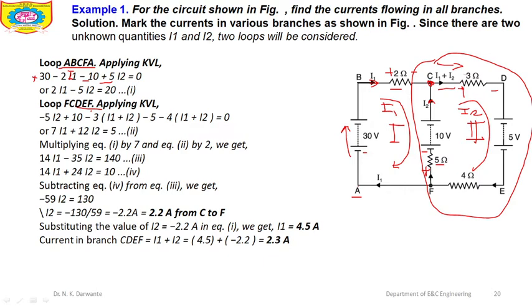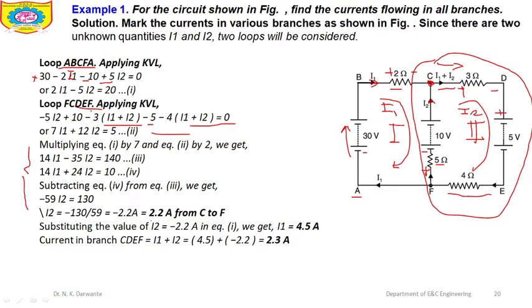Then, as we are moving from positive to negative potential, here will be the minus 3. The current flowing through the 3 ohm is I1 plus I2, therefore we have used I1 plus I2. Again the voltage is dropping for the battery from positive to negative, therefore we have taken the minus sign. The voltage drop across the 4 ohm resistance is in the same direction as the current, therefore minus 4 times I1 plus I2 is equal to 0. Finally you will get this equation after manipulation. By solving the simultaneous equations 1 and 2, finally you will get the values of I1 and I2.